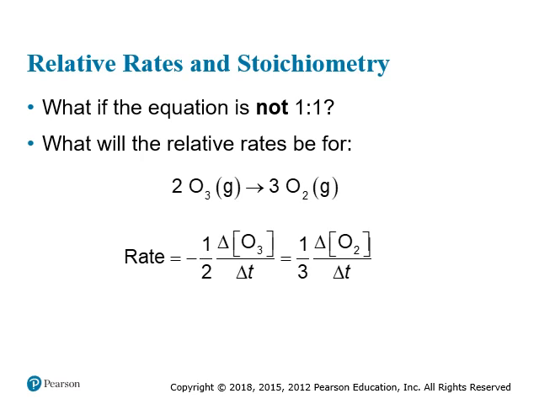Triatomic oxygen, otherwise known as ozone, and diatomic oxygen, the oxygen that we know and love and breathe. 2 molecules of ozone will react in order to form 3 molecules of diatomic oxygen. So the rate at which ozone is consumed is not necessarily the rate at which oxygen is formed. If we look, we see that by the time 2 moles of ozone are consumed, 3 moles of oxygen have